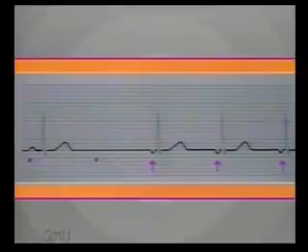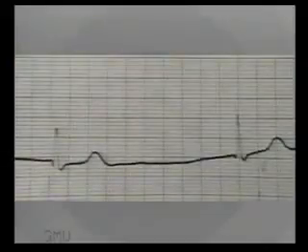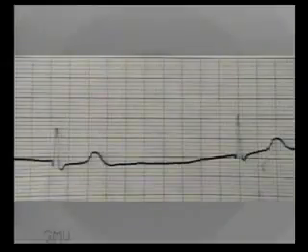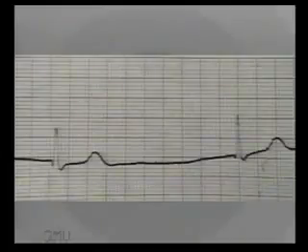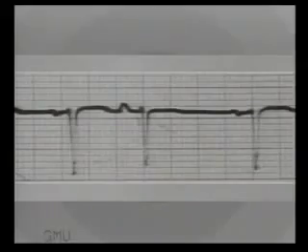Note the inverted P waves in all the succeeding beats. This is an idioventricular escape rhythm. There are no P waves, QRS complexes are wide, occurring at a slow ventricular rate of 33 per minute. If the beat is premature, study the premature beat, its P wave, and decide its origin.